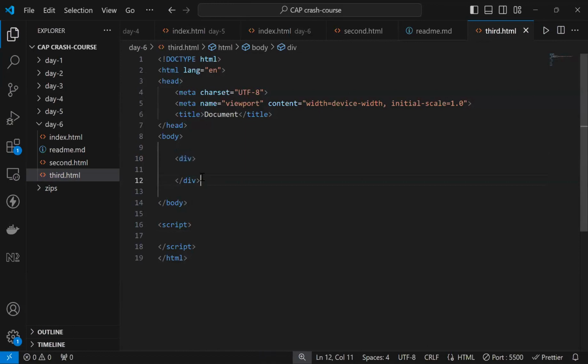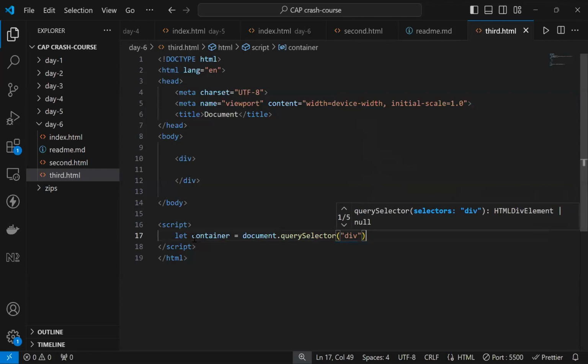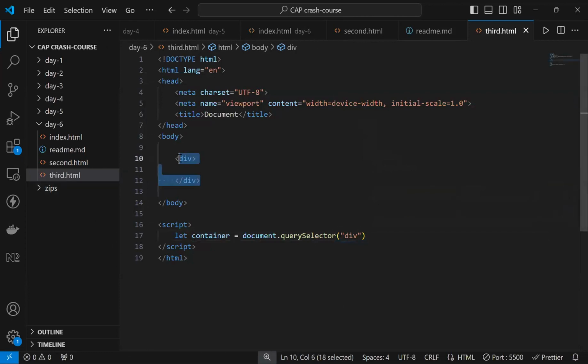Correct. So if we just have a single div, we don't need to go for ID for now, right? So what I can do is I can just access that div by writing document dot query selector, and inside it I want to access div, right? Will I be accessing this div, right? So once I've accessed this div, what I want is, inside the div, I want to add a h2